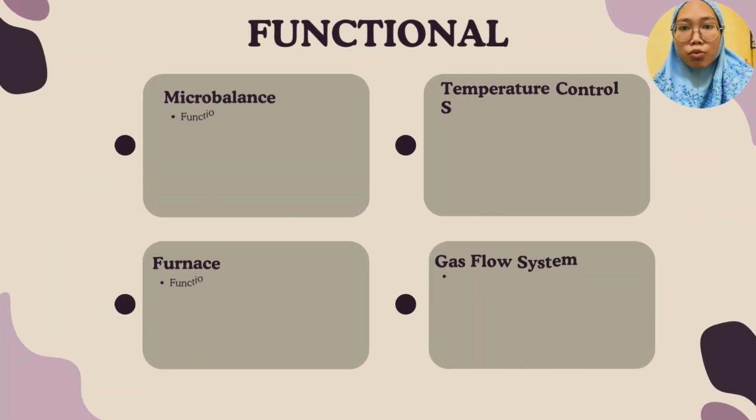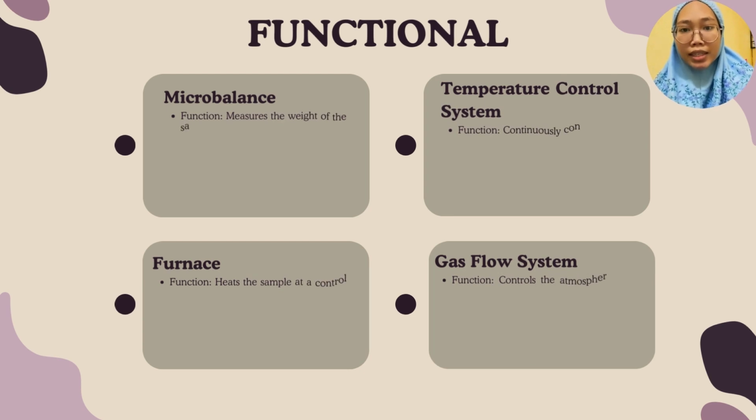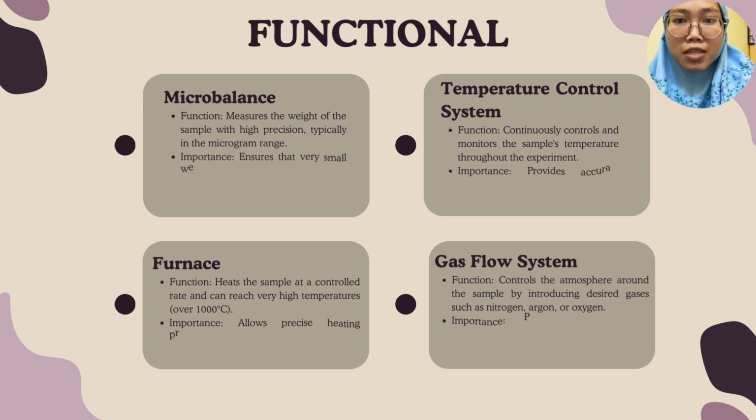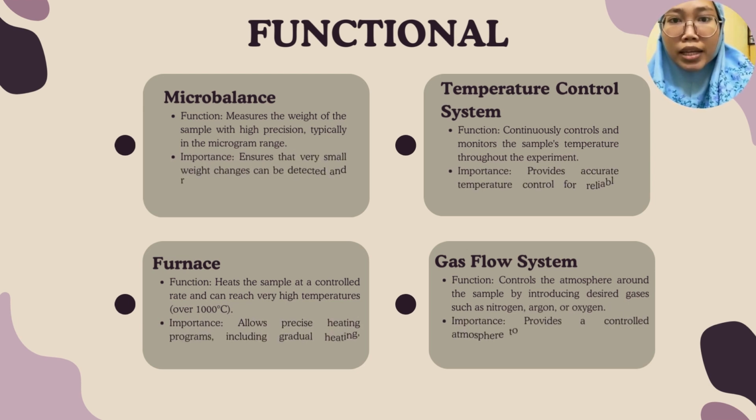Balance function: measure the weight of the sample with high precision, typically in the microgram range. The importance: ensure that very small weight changes can be detected and recorded accurately. The second point is furnace. The function of the furnace is to heat the sample at a controlled rate and it can reach very high temperatures over 1000